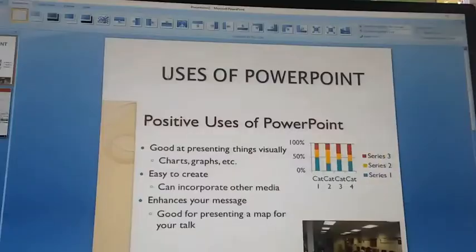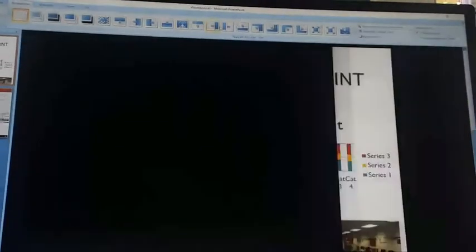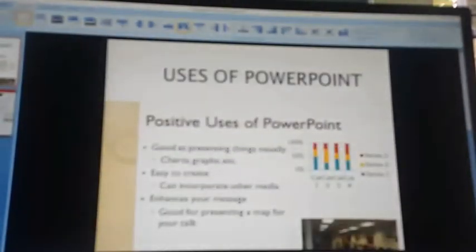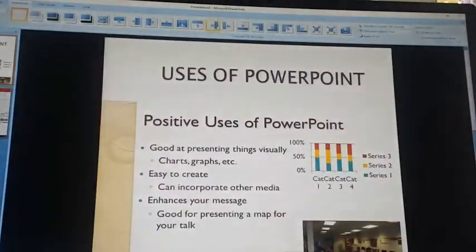Okay, so now we'll learn how to give animations. So the animation tab is there, just click. If you want to give a page animation, slide animation, just choose any one of the animation design options.